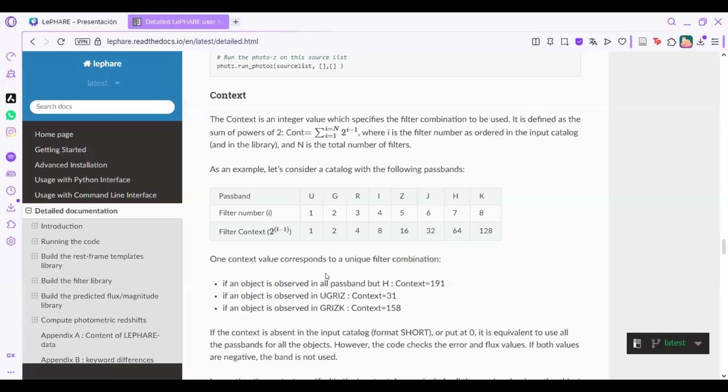And here, so for example, this one. You have the example here, and you have these filters. Each one is going to be a number. The first one is 1, the second one is 2. And for example, if you have all of the bands, the context is going to be 100. So if you have, for example,